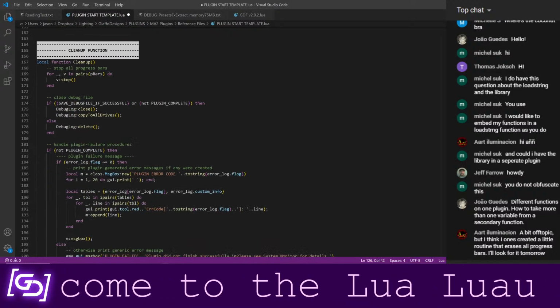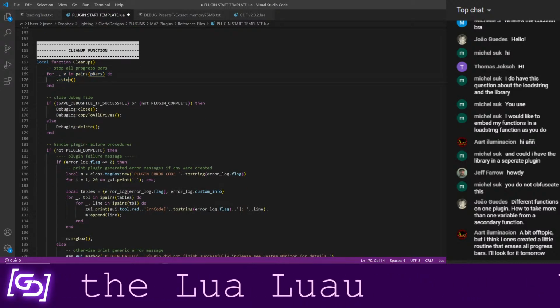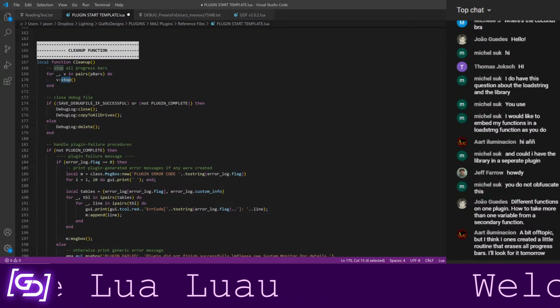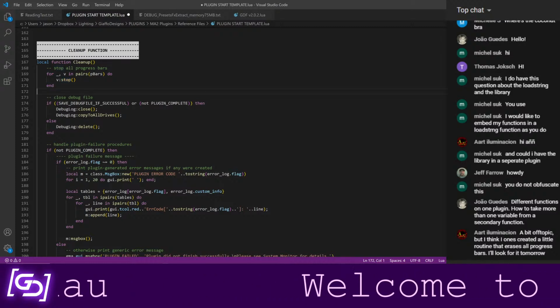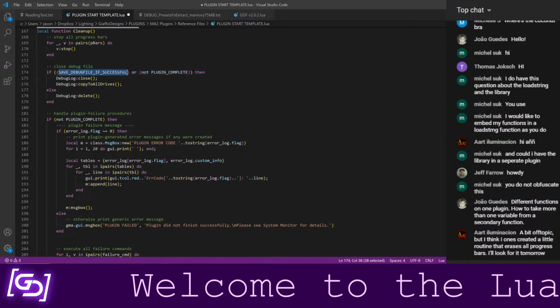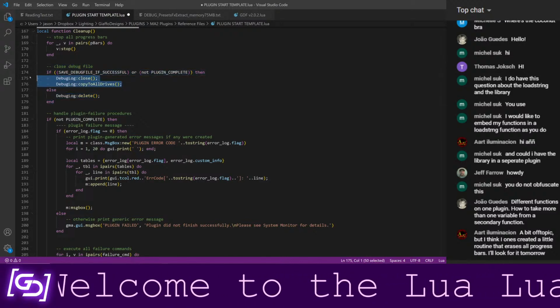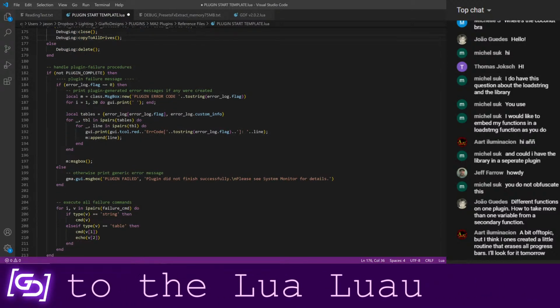In my cleanup function, the first thing I do every time is go through all of the progress bar objects and run their stop method, and I'll explain the details of that, but it does exactly what it sounds like it does. Close the debug file if I'm using one of the big text files. Make sure that if it is running, it closes and copies to any possible drives.